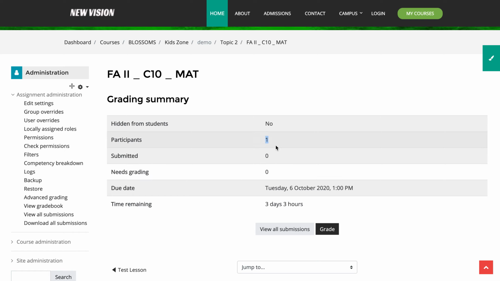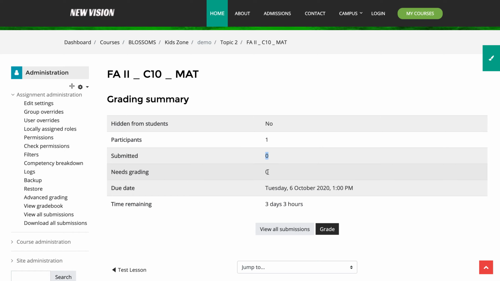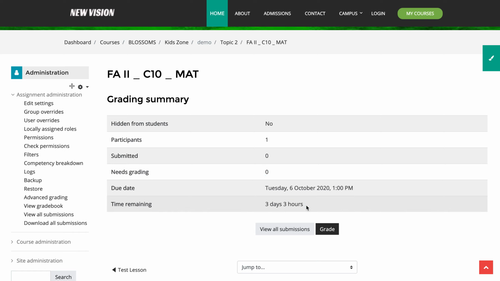If I have 100 students, 50 students have submitted, and if you have not corrected any of the papers, it will be 0. If you have corrected 10 papers, it will show 40, because 50 submissions are there, 10 you have done, and 40 need grading. So that is how it reflects for a teacher. And it will also tell you how many days are remaining for you to finish your evaluations. So once you click on submit, it will directly take you to the viewers page.